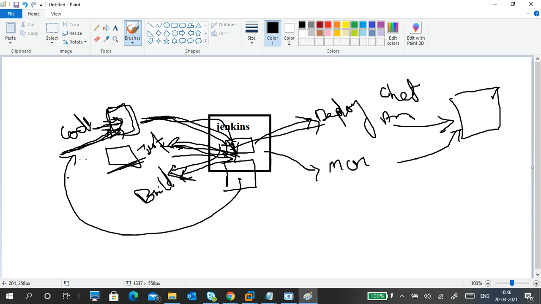It will tell in different ways based on our choice only, whether you want to send a mail or put it on a display board like a dashboard. So it will tell the coder the test failed, so there is a code problem.